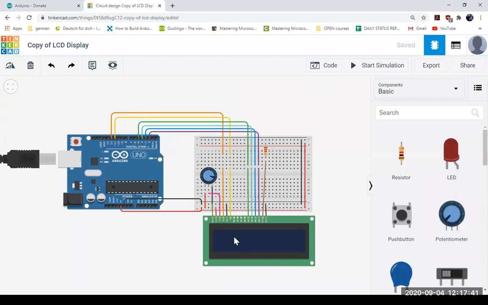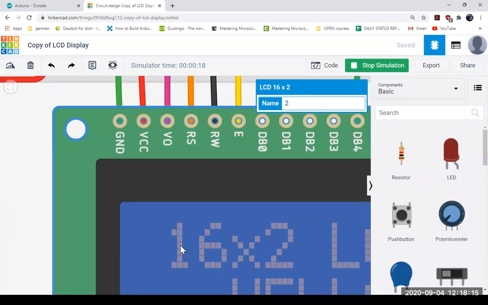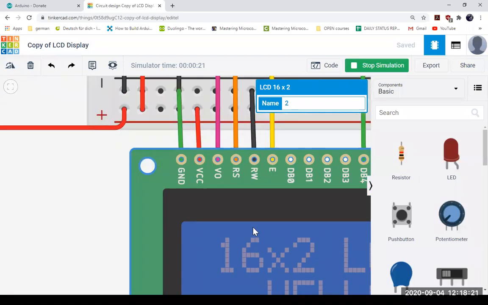So this is some LCD display project. Okay, so here is the code. So let me try to initialize it. Okay, so basically this is a project where we are just connecting one LCD display to Arduino and displaying some words. This is the default word which I have printed here: 16:2 LCD module hello world. Okay, so we are also going to do this project. So we will see how this works and how to do the connection.